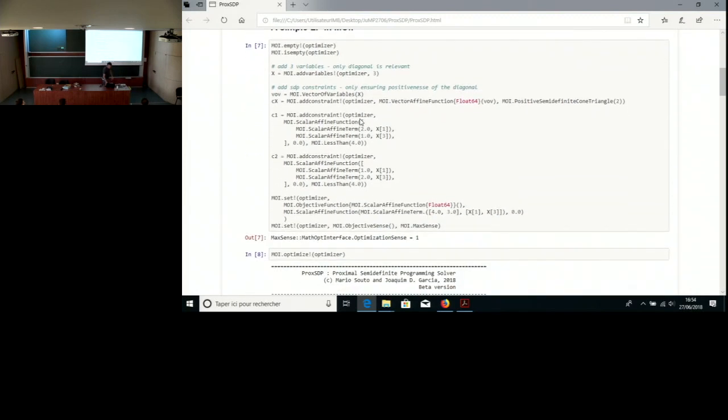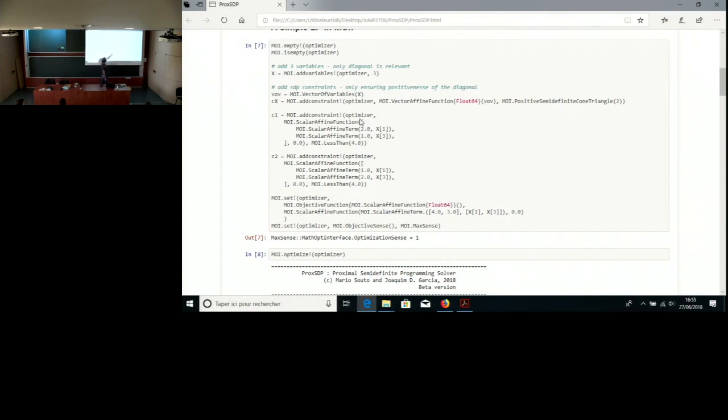And then you can write, for instance, this is a simple LP. So you add 3 variables to be the triangle of a semidefinite matrix. And then you add this semidefinite constraint. This is just to represent positiveness of the variables. I will not use variable number 2. It's just a 2x2 optimization problem. Then I can add a constraint using a scalar function inside of a less than set, and another constraint of a similar description. And then you can add an objective function, which is an affine function